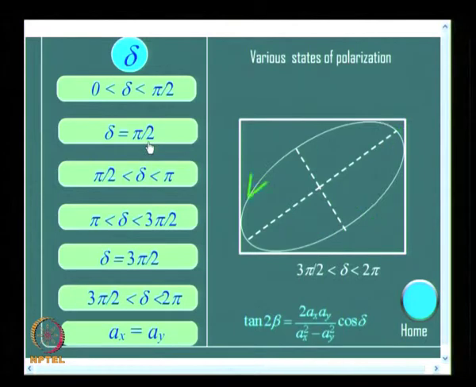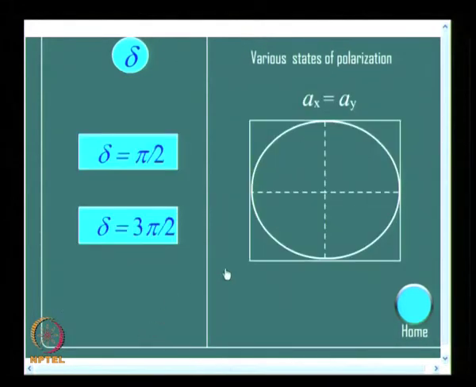And now we come to another important aspect, what happens to this expression when Ax equal to Ay? So, it becomes undefined when tan 2 beta becomes infinity, 1 by 0 you have. So, it becomes undefined, and when the amplitudes are equal you have essentially a circularly polarized light, because there is no specific axis. There is no specific axis, you have only circularly polarized light that comes out of the model.